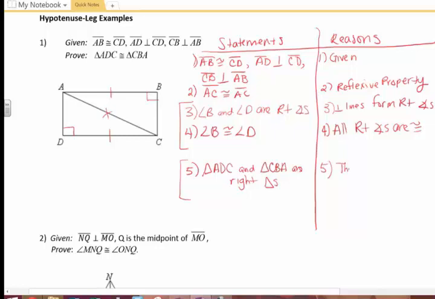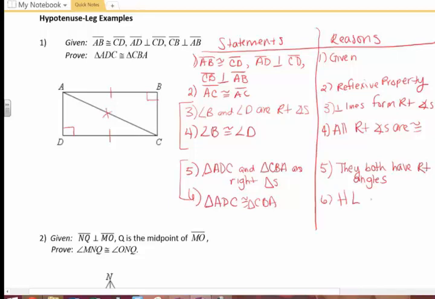Reason being, they both have right angles. Then finally, I can say that means triangle ADC is congruent to triangle CBA